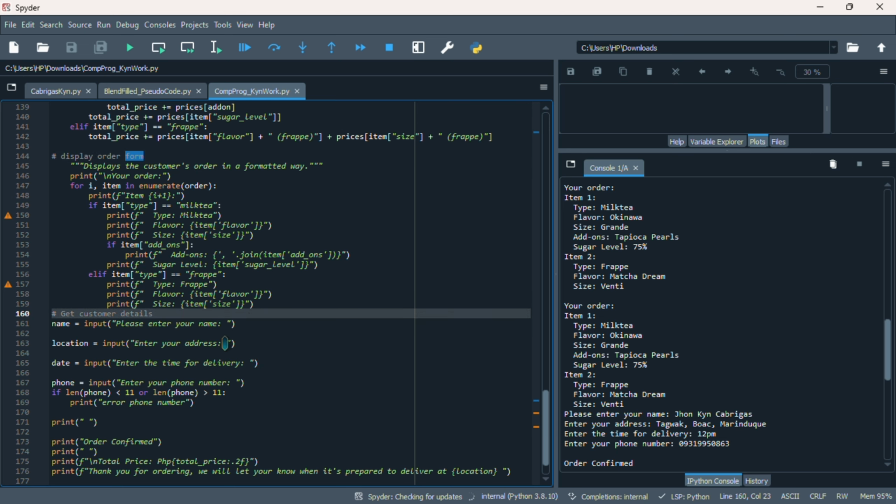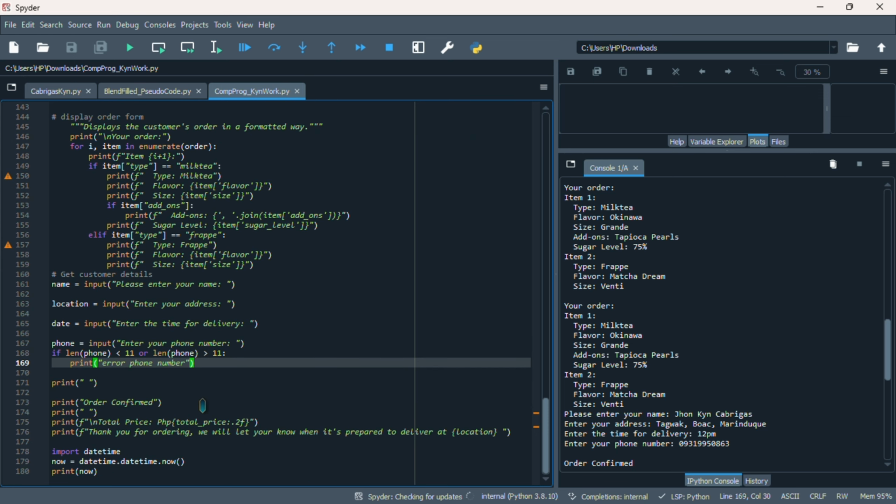So let's go on to the get customer detail, wherein it asks, please enter your name, the location, enter your address, the date, enter the time for delivery, and the phone. If you put a number that has less than or greater than 11 digits, the system will print error phone number.